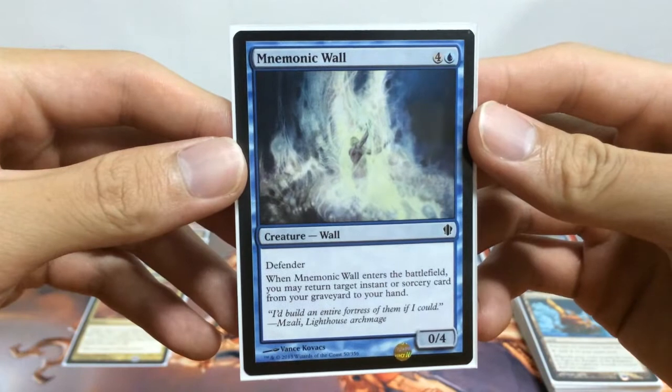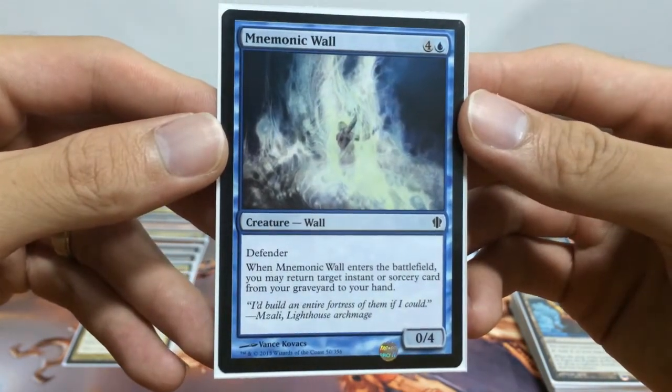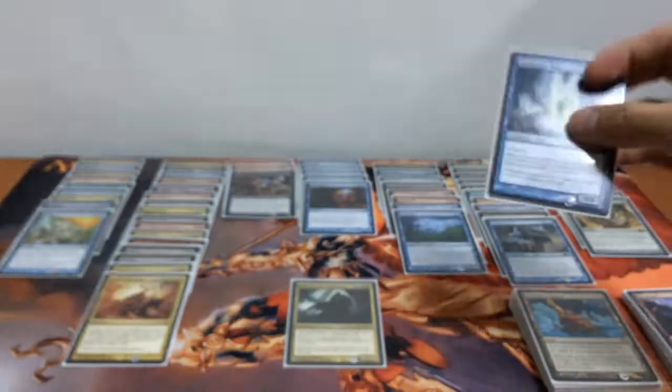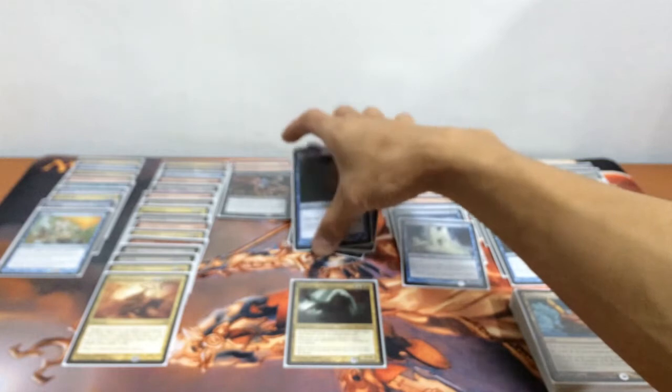And next we have our Mnemonic Wall, 0/4 creature, defender. Whenever it enters the battlefield, I return target instant or sorcery card from my graveyard to my hand. And next we have